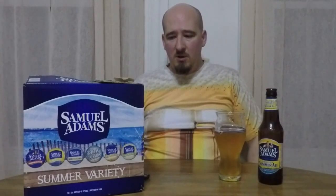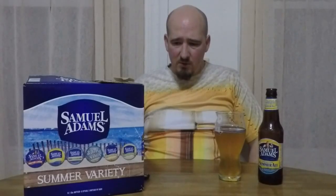I'm going to finish this one up, and then we're going to come back and do, I believe it was the Got to Goes that I wanted to line up next, so we'll see how that is. So, number 2 in the Sam Adams Summer Varieties, I'm going to try out the Got to Goes. Now, this is a new variety this year from them,